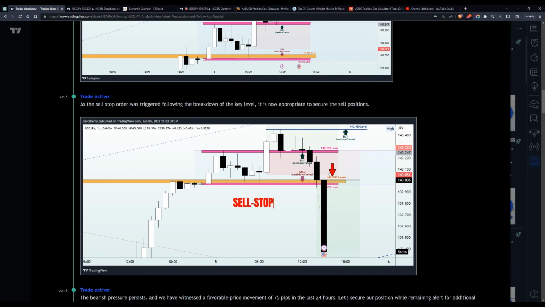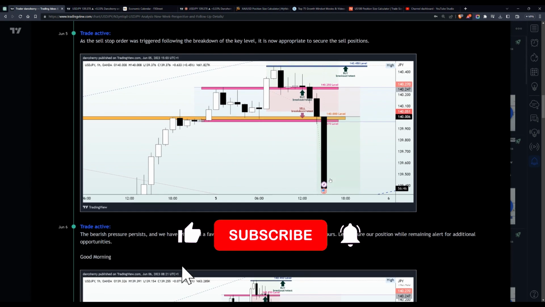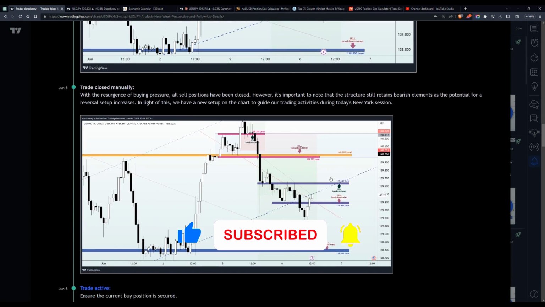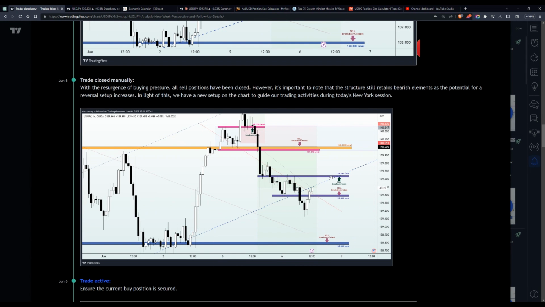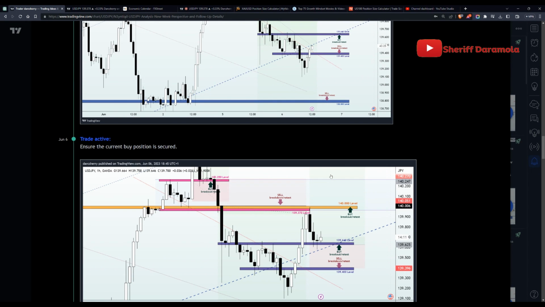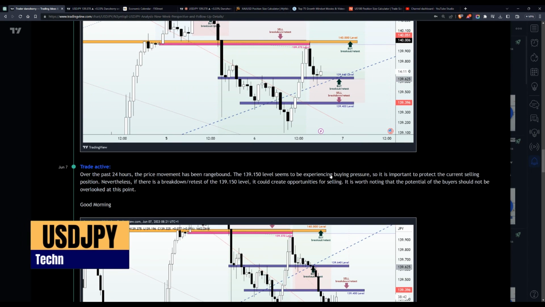And that led into our sell stop order triggered below the 140.00 level. And it was at this point we had our first sell position. We were able to recoup some of the losses we made at the beginning of the day, and price action went on to move to the downside here. So it was more of a sell position than leading into a situation where price was caught within a range,